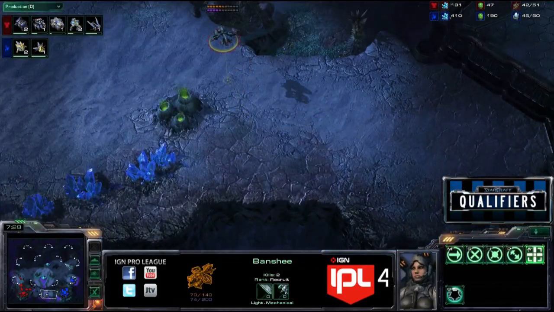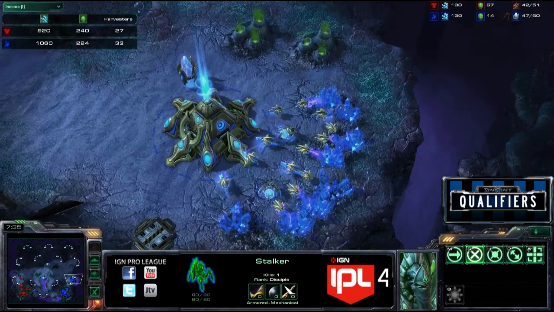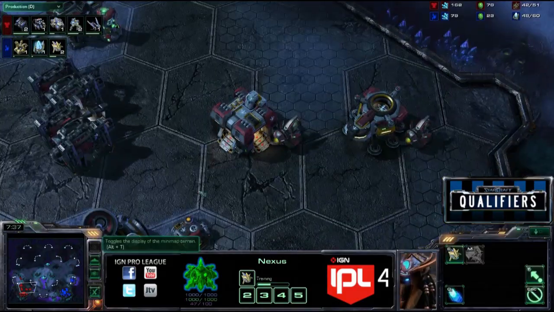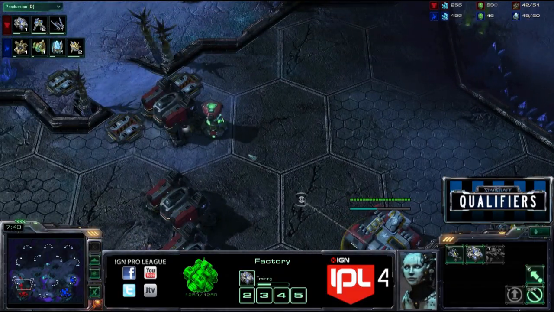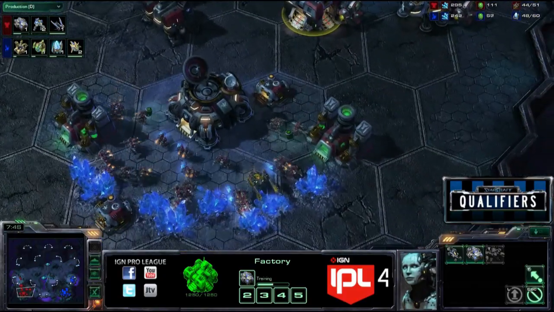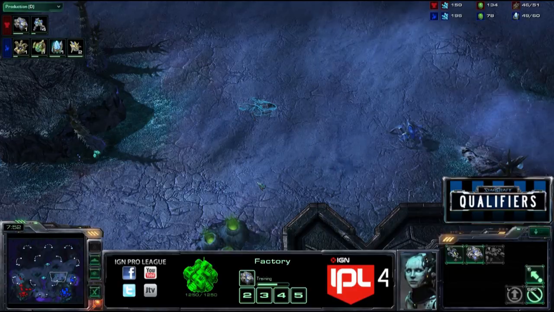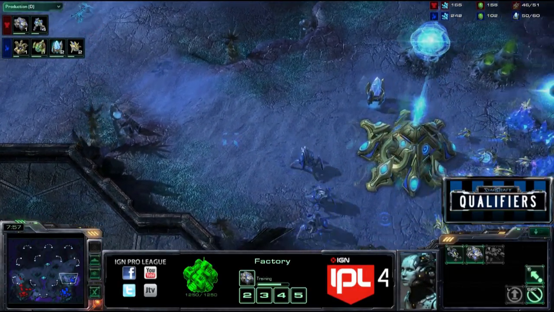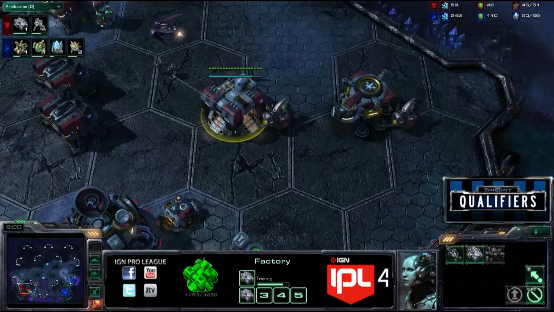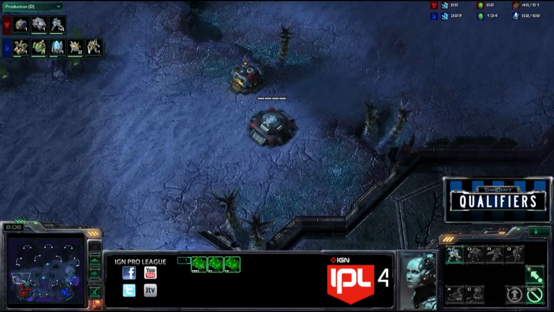Yeah, the Banshee's certainly not paying for itself or that Cloak investment. We actually have a Raven follow-up here. Oh, wow. And a Siege Tank's coming as well, so this is going to be a huge all-in here from PuMa. PuMa, the master of the one-base all-in versus Protoss. Definitely one of his favorite builds. He uses it time and time again, and he has so many different versions of it. You never really know what he's going to throw at you, and this is certainly one version of it that